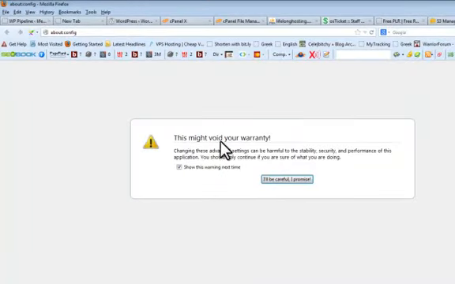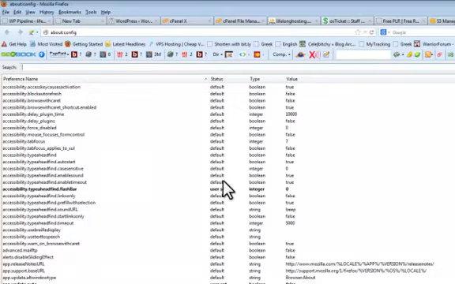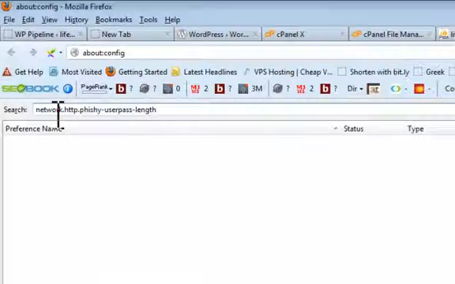Seems a bit scary. It says you might void the warranty, and that changing advanced settings could be harmful for the stability and security of performance. Don't worry about that. We're only going to be adding one thing. We're not going to be playing with anything. So you can say, I'll be careful, I promise, and click that. And it will take us in, and you'll see a whole load of settings. Like I said, we're not going to touch any of these settings. But we are just going to search in this box for one particular one. And it's called